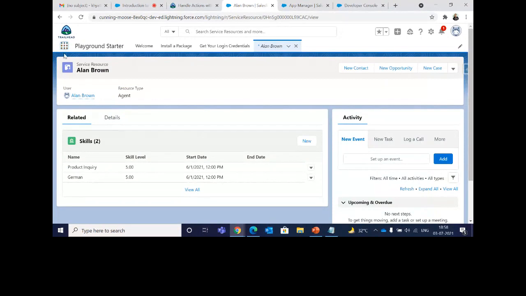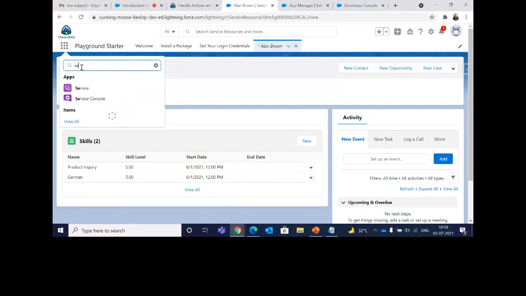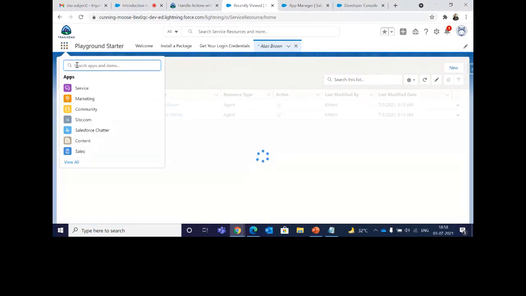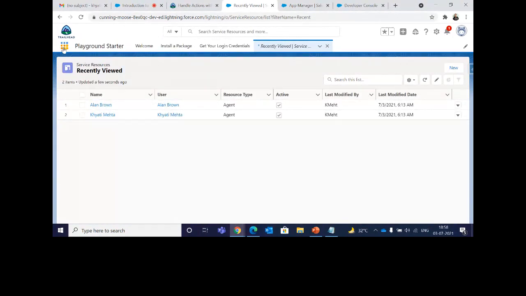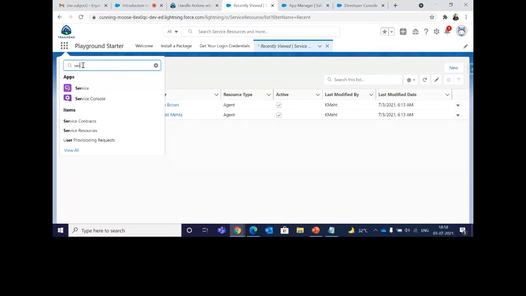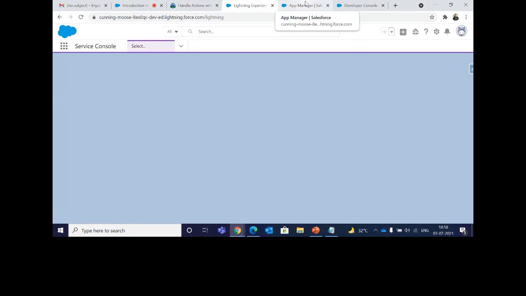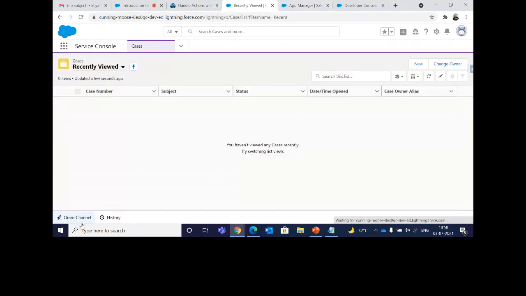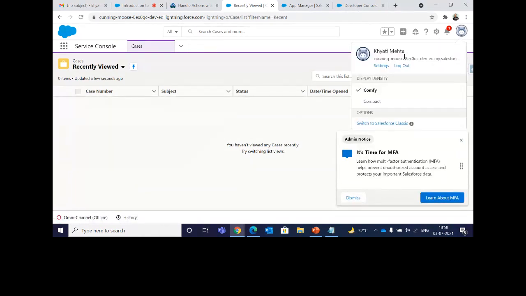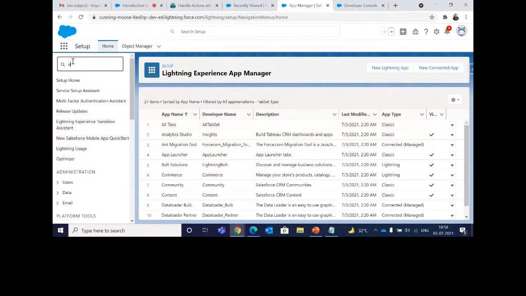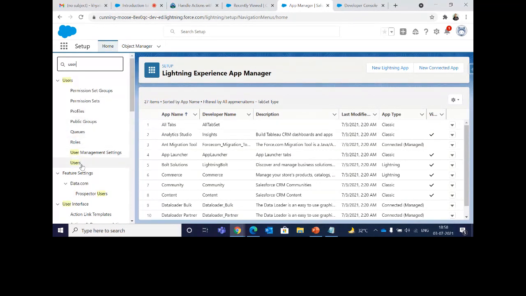Go to App Launcher, go to your application. Sorry guys, Service Console, not Service Resources. Yes, I can see omni-channel, but this is me as an agent, Khyati Mehta. I need to log in as Alan Brown as well to see if the cases are being routed there also, like how skill-based routing works.